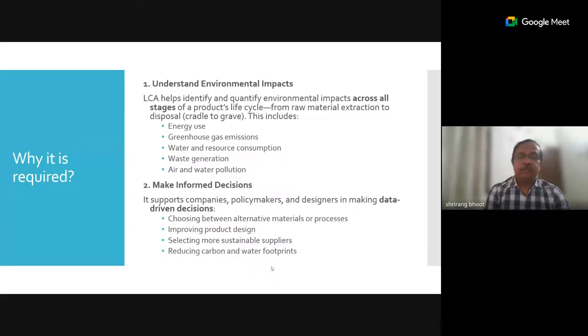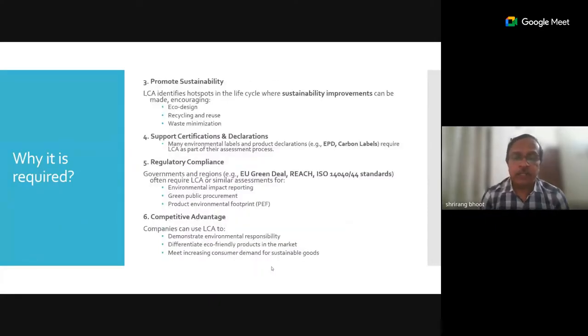This assessment will help us take informed decisions, like choosing between alternative materials, improving the product design, selecting more sustainable suppliers, or reducing carbon and water footprints. So once we do the analysis, obviously it will help us make informed decisions. It also helps us promote sustainability, encouraging eco design, recycling and reuse, and waste minimization techniques.